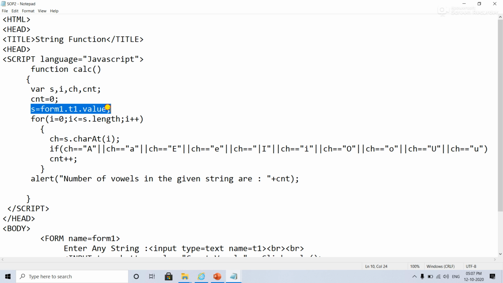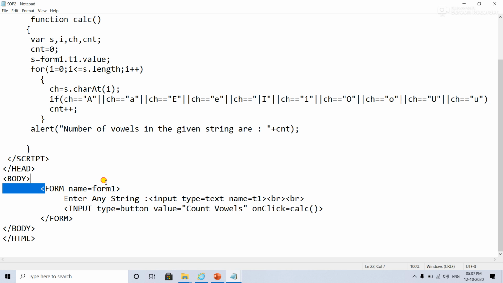s में क्या डाला है हमने, s इक्वल टू form1 डॉट t1 डॉट वैल्यू। नाउ form1 मतलब कहाँ है, ये हमारा जो फॉर्म है उसका नाम दिया है form1, उसका t1 एलिमेंट कौन सा है, मतलब ये जो t1 टेक्स्ट बॉक्स है वो डॉट वैल्यू मीन्स उसके अंदर जो भी वैल्यू डाली है यूजर ने वो बन गई। सो हमारे s में क्या आ जाएगा, जो एक्चुअल स्ट्रिंग हम देते हैं, राइट। दिस CNT आई हैव टेकन इट एज 0, मतलब हमारा काउंटर जो है वो 0 से स्टार्ट करना है, इसलिए मैंने ये जो CNT वेरिएबल लिया है उसको मैंने इनिशियलाइज कर दिया है 0 को। अगर इनिशियलाइज नहीं किया तो वो कोई भी गार्बेज वैल्यू ले लेगा, इसीलिए